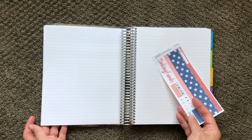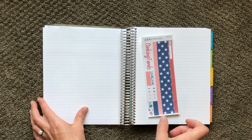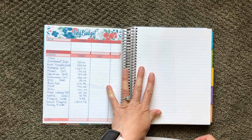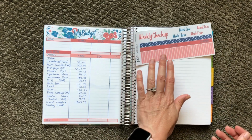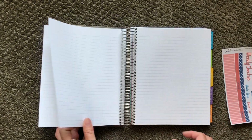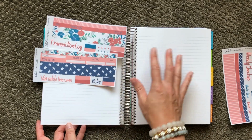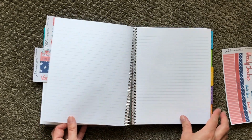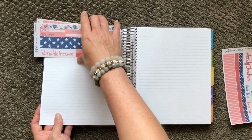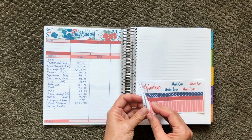Although, do I want those to go? I think I might want them side by side. So I'm gonna do sinking funds here. I think I'm gonna do my weekly checkup here. And then I will do transaction log, variable income here and here. And then I still have 2 more pages. So we will see what I can come up with for those. So I will just right now set up